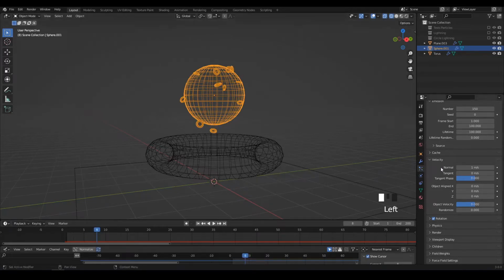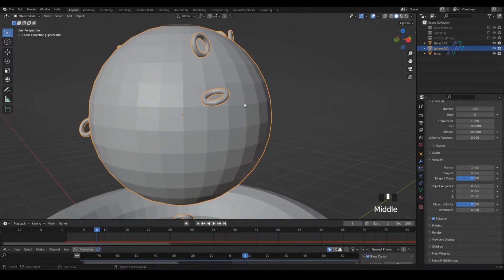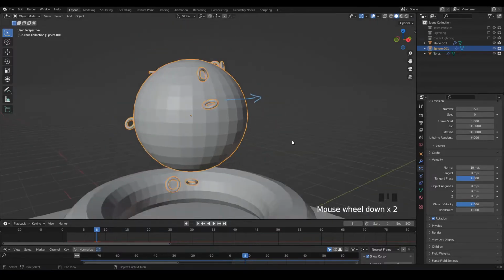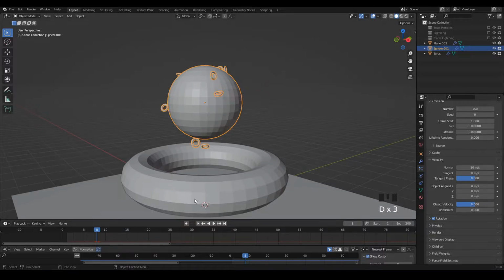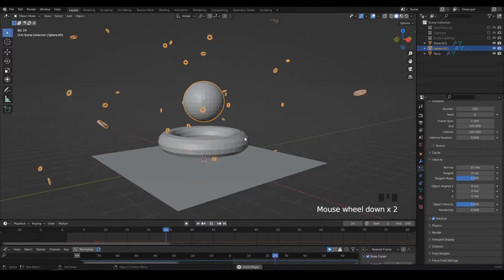Okay, but now if I increase this velocity along the normals, and you know what the normals are, of course, based on the faces orientation, normal will be something like this. Okay, so if I increase that to, let's say, 10 meters per second, you will see that the particles will move very fast in this direction. Okay,